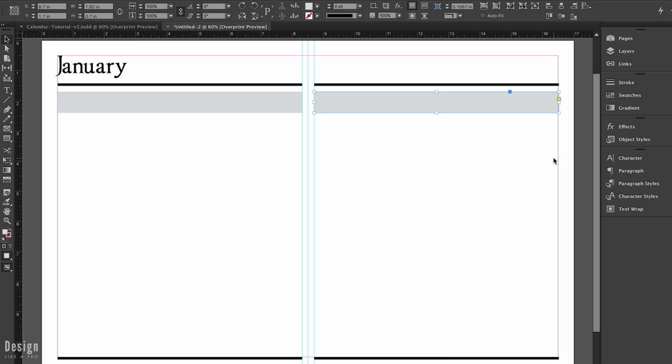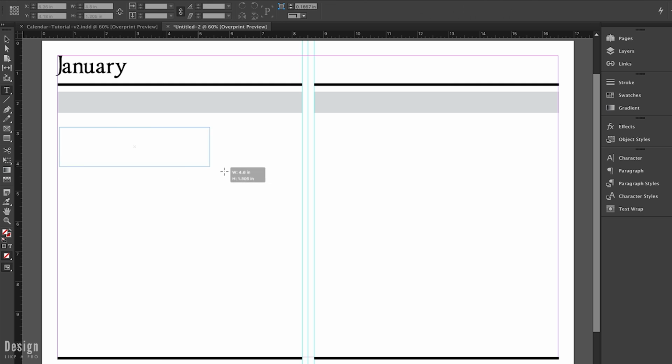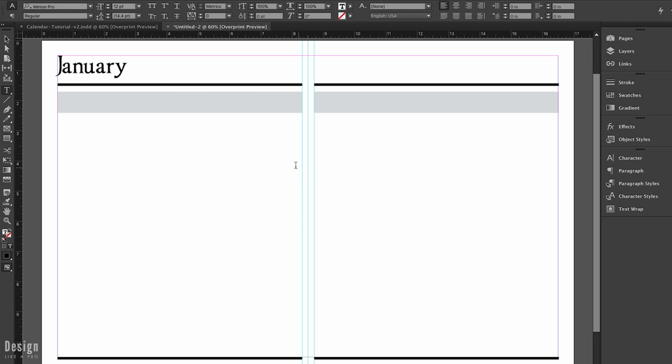Now, I'm going to actually stop duplicating at this stage because I would like to get one side done, and then we can duplicate that once all of the hard work of styling is done. Otherwise, you're essentially doing the work twice. But in this case, we're just going to grab the text tool, and I'm going to say Sunday, Monday, Tuesday,